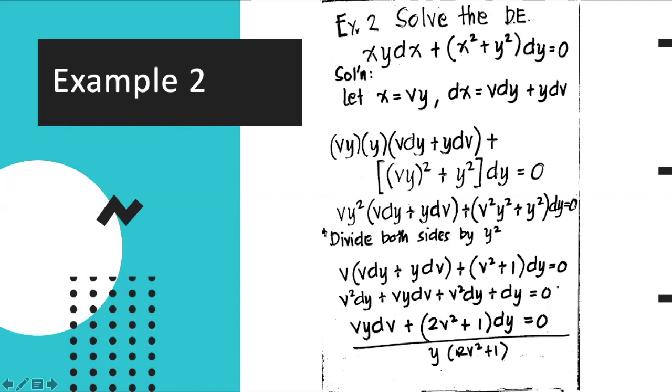We can divide both sides by, so what should be removed here? We should remove y. So you divide both sides by y. What should be removed here? Itong 2v squared plus 1. So you divide both sides by 2v squared plus 1. So dividing the equation by these factors will give us,